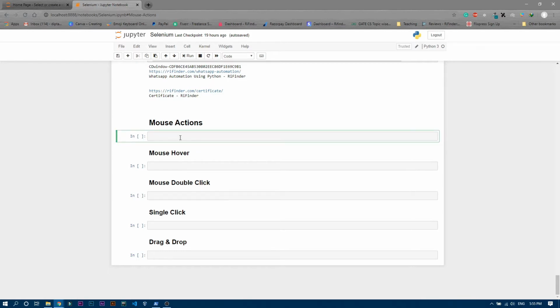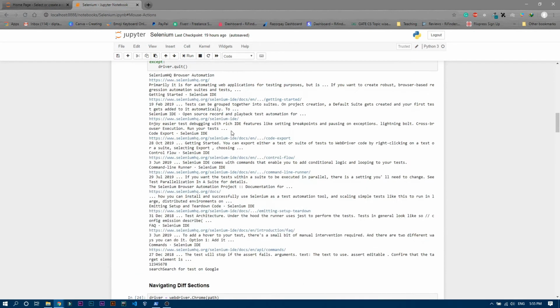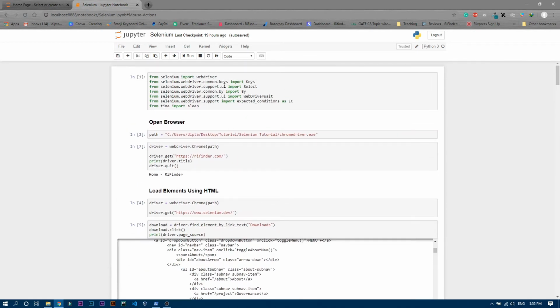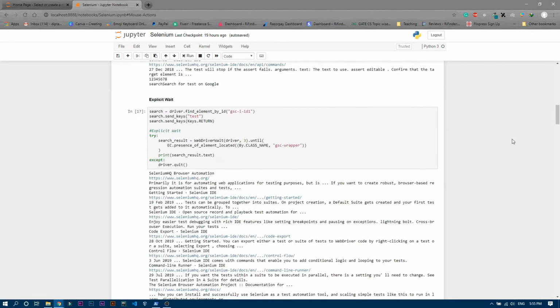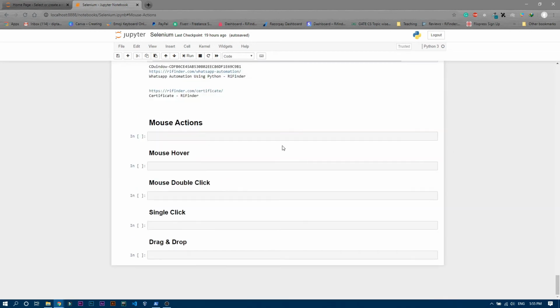Before that we have to import ActionChains. You already imported this thing, now let me show you that. You already imported from selenium import webdriver, right? So after writing that line, here you have to write from selenium.webdriver import ActionChains.